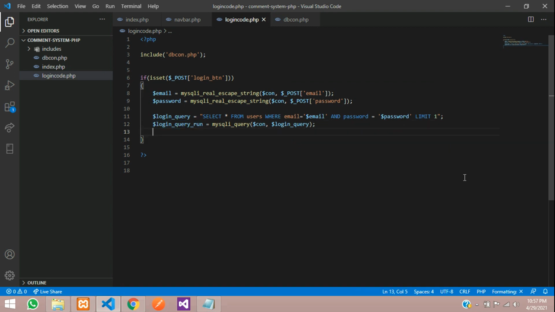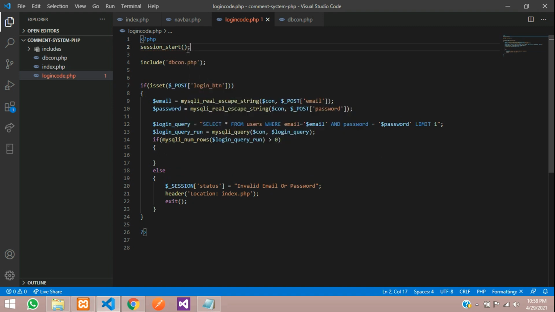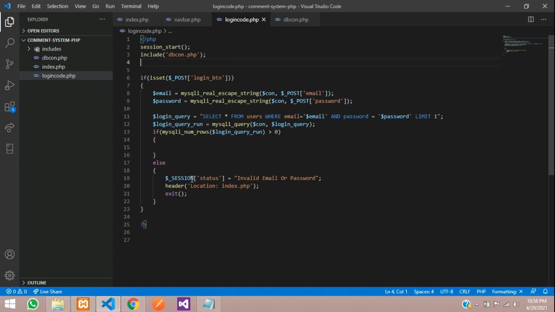So if it's successful, then you can tell that. Okay, so how will you check that first? So first let us check that record exists or not. mysqli_num_rows function, else header location index.php exit, where you are going to use session to show the status, invalid email or password. Session you are using. Okay, so let's session_start function,